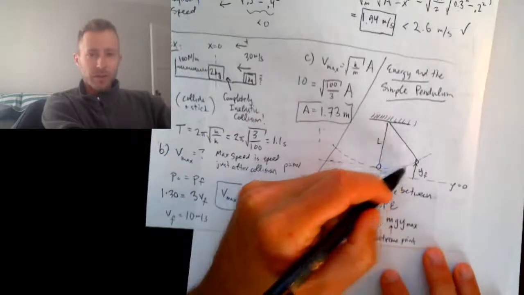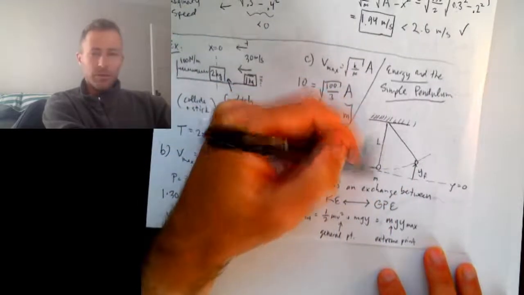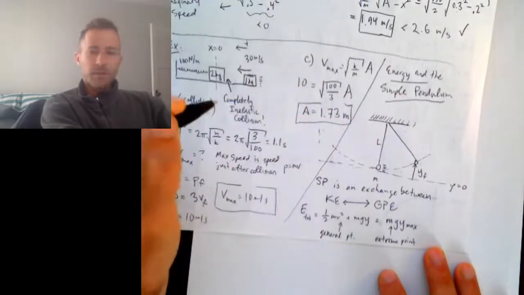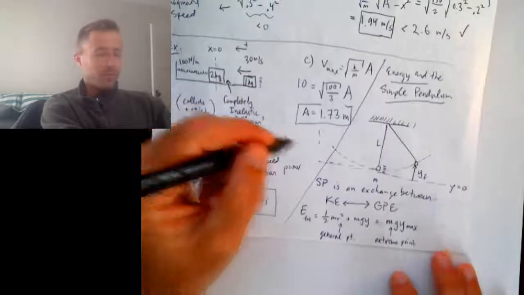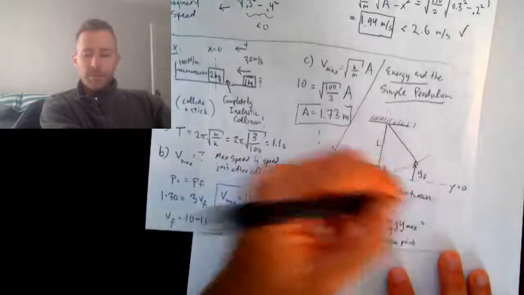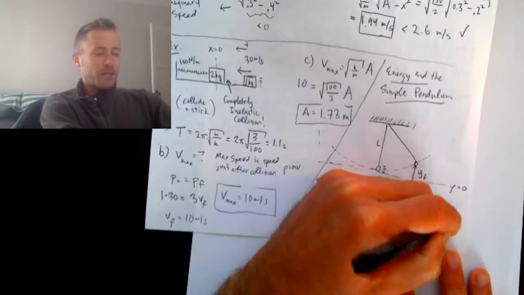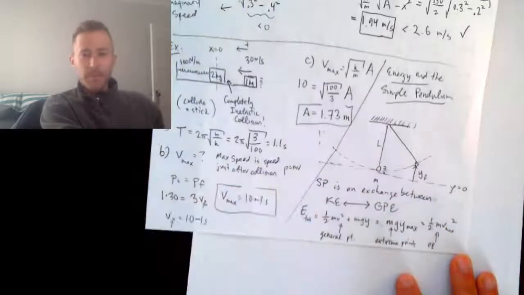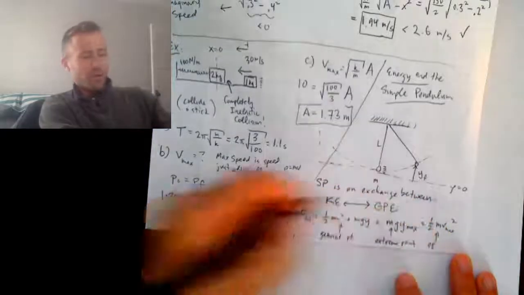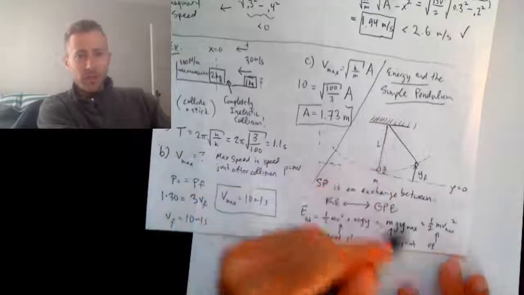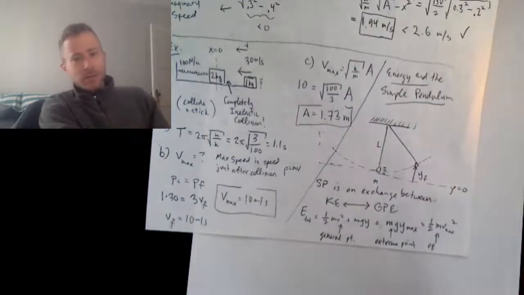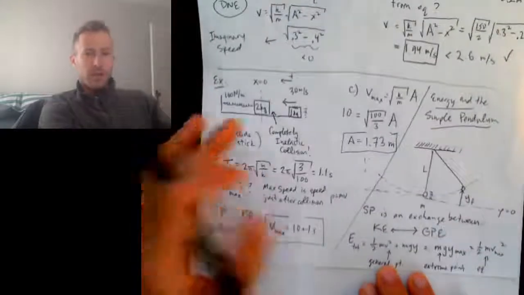And then as we return to equilibrium being straight up and down, the pendulum is going to pick up kinetic energy as it loses gravitational potential energy. So 1/2 mv max squared is the energy evaluated while passing through equilibrium. Okay, so this is how all of this relates to the simple pendulum. And we could go through and do all the same derivations that we did for the mass spring system, but we're not going to do that. All right, so that is my lesson for today, class, and I will see you